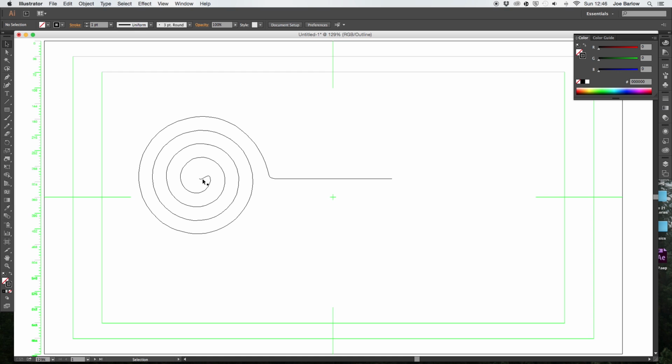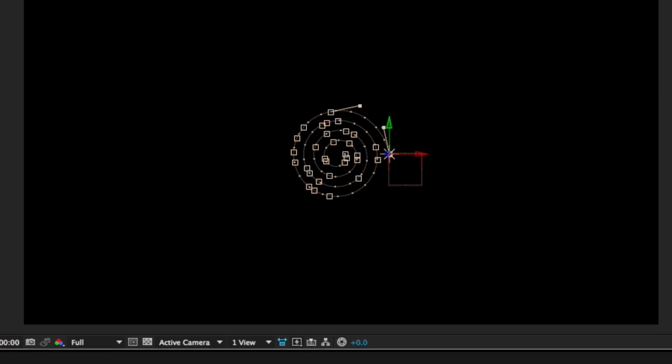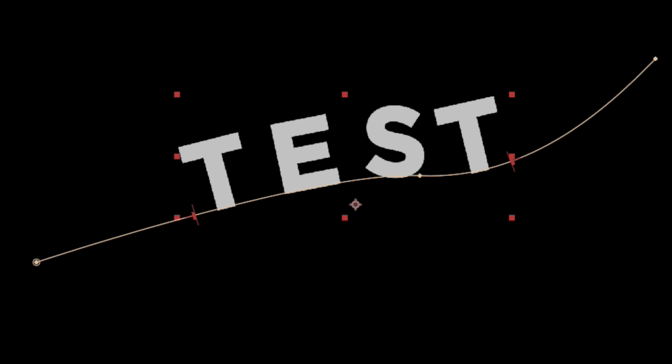Another good tip to know is if you create a path in Photoshop or Illustrator, you can copy and paste this into After Effects and it will appear as a mask that you can control and keyframe the same as any other mask. The final thing I'm going to show you is how to turn a mask into a path